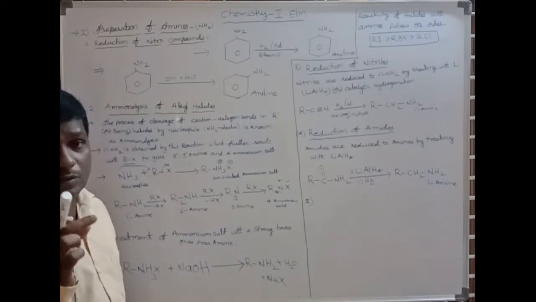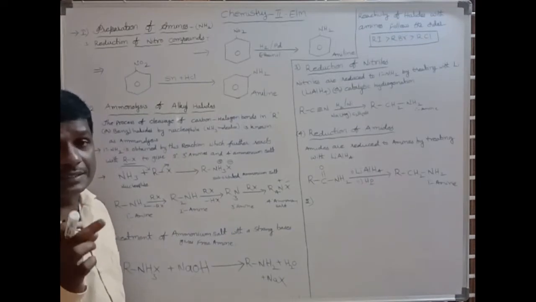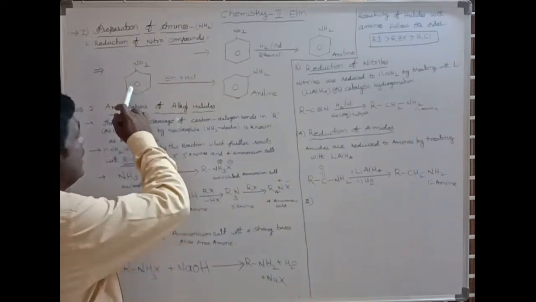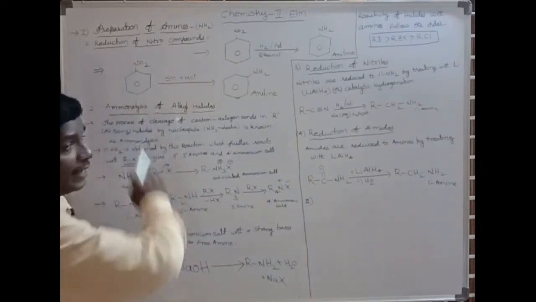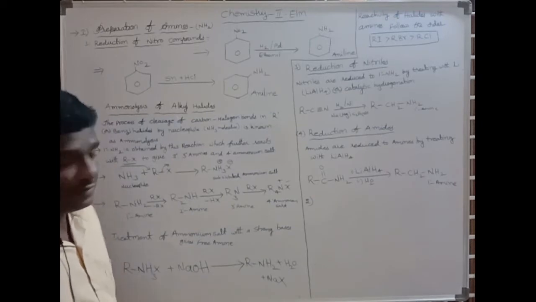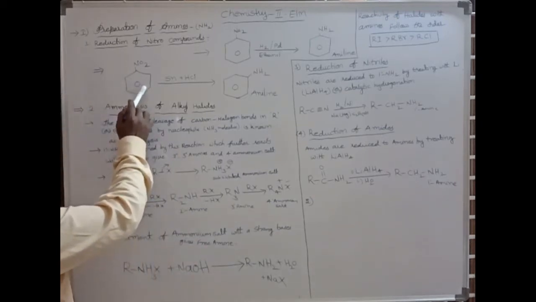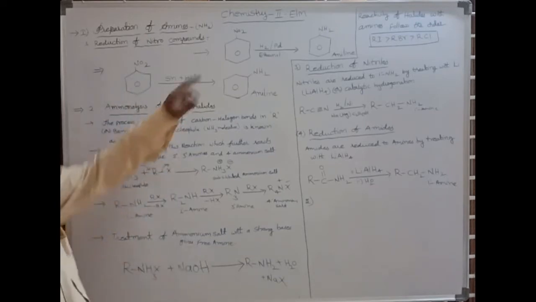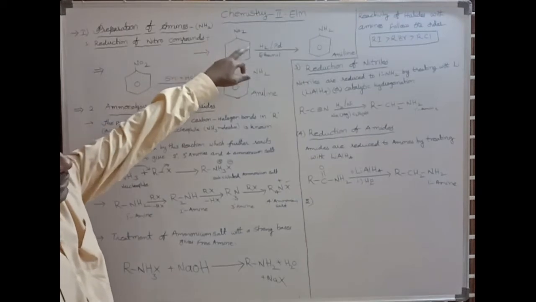When the nitro group is bonded with the benzene group, also known as an aryl group, it is nitrobenzene. The nitro compound can be reduced in the presence of hydrogen gas